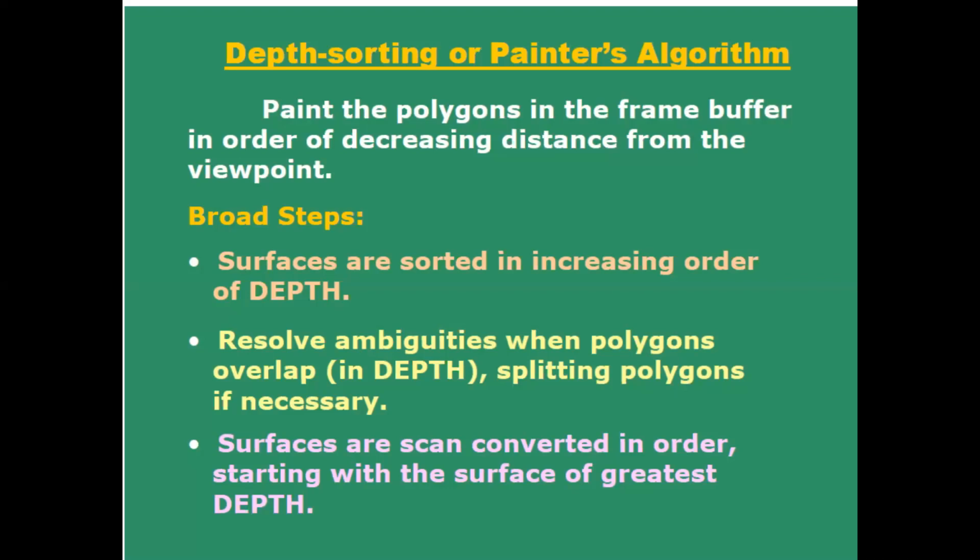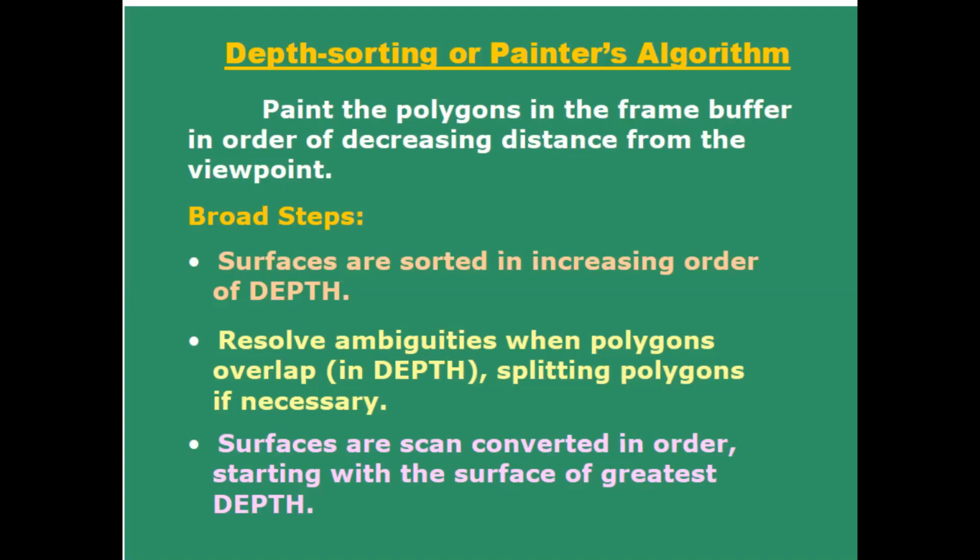Just like if you are drawing a natural scene, first you will draw the sky, then you will draw mountains, then the nearest objects like trees, rivers, and other things. Similarly, this algorithm will work. In the painter's algorithm, we draw the objects according to their depth. The distant object which has the highest depth will be drawn first and later we come to the nearest object. So surfaces are sorted in increasing order of depth.